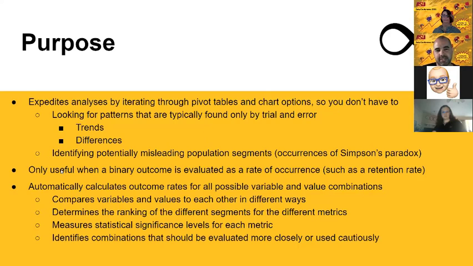So I mentioned limitations. You have to have a binary outcome, a yes or a no. That's it. If you're trying to evaluate impact on GPA, for instance, GPA is a continuous variable, it's not going to work. Now you could turn it into something that's, did they have a GPA above 3.0, yes or no? Now it's a binary that can actually be utilized.